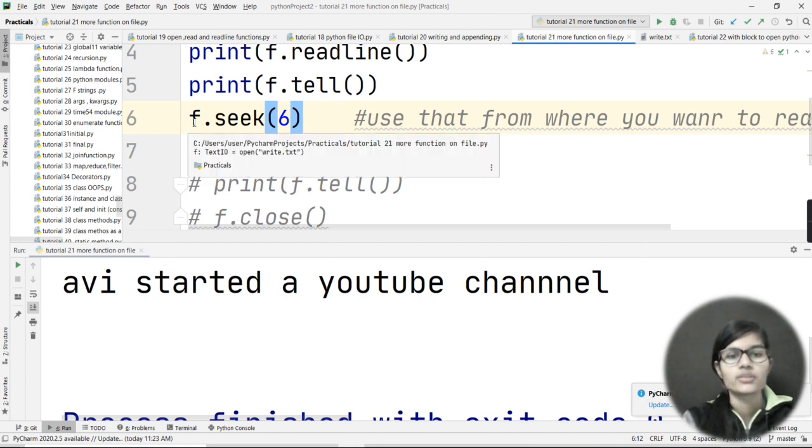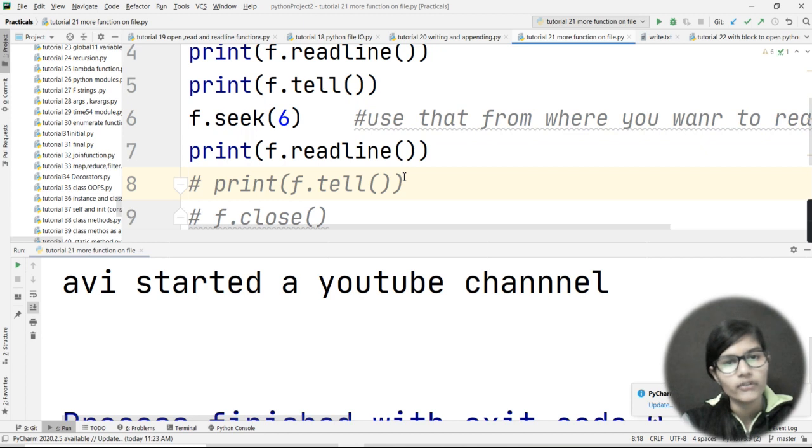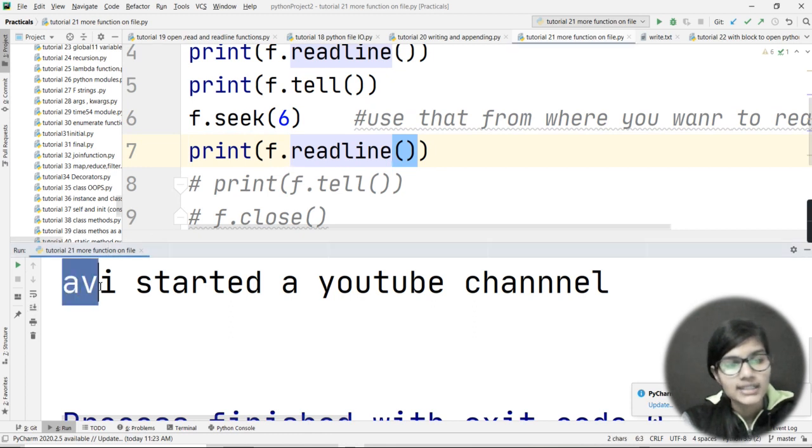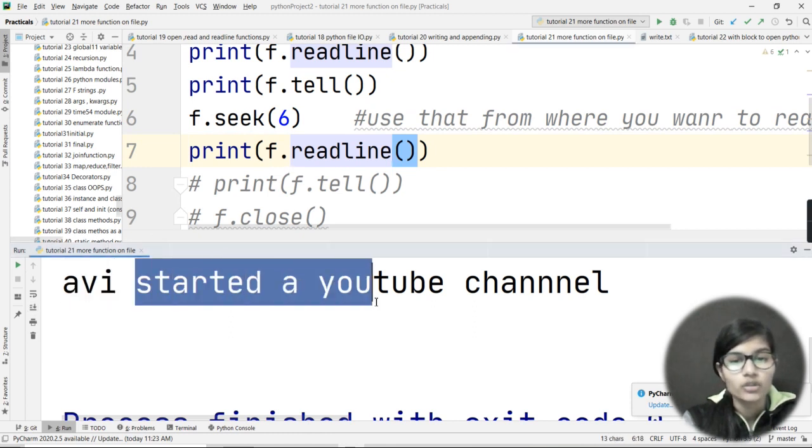Then I used my file pointer dot seek, f.seek, and in brackets I passed the value 6. So it will tell that now, from this point, you want to read your file. And after that, I printed a line using the readline function. And now, when I run this, the output I got is "AVI started a YouTube channel."